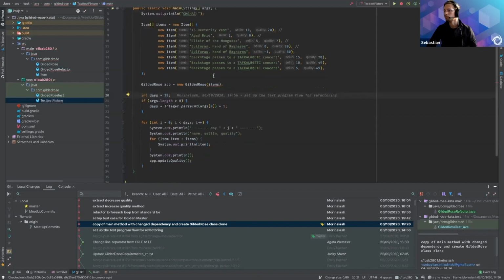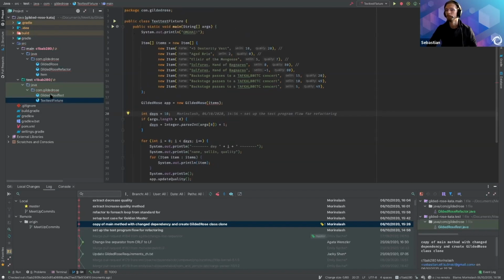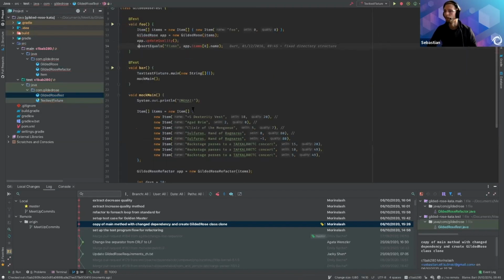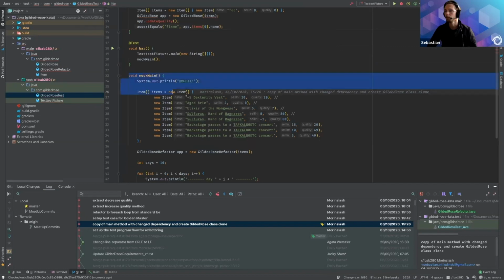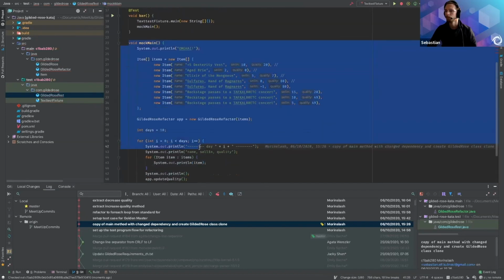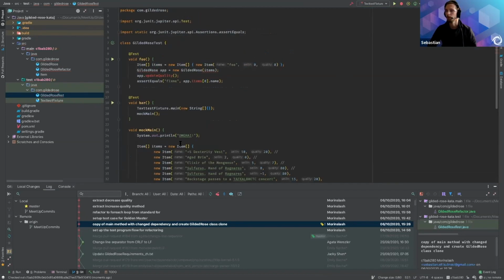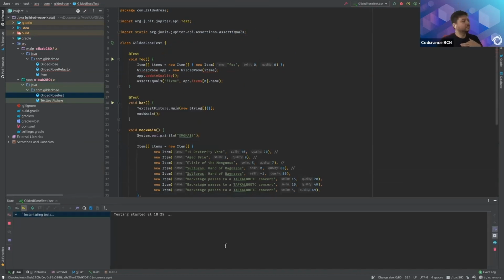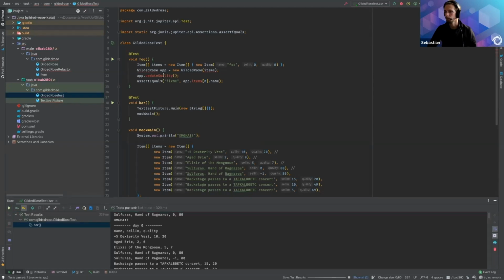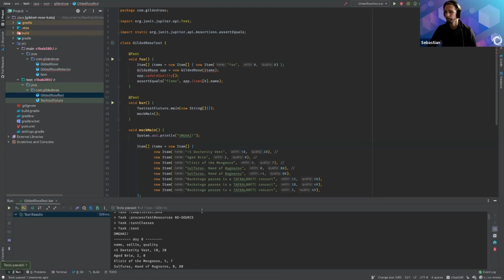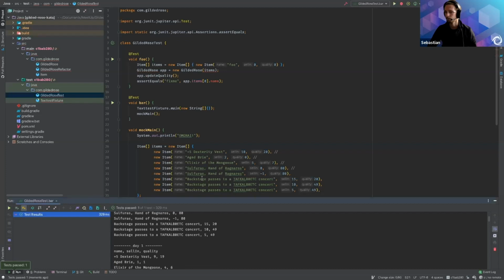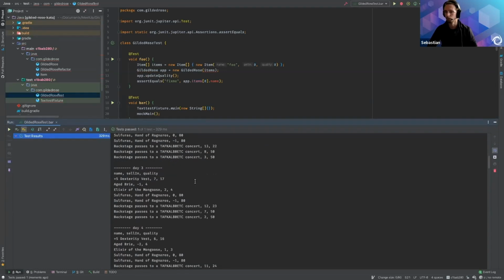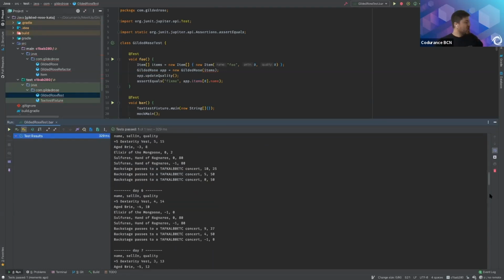And in the test class, I mock the main method to have two outputs at the same time. So when I'm running the test, I should have both of them at the same time. For now, it's just printing one output after another.